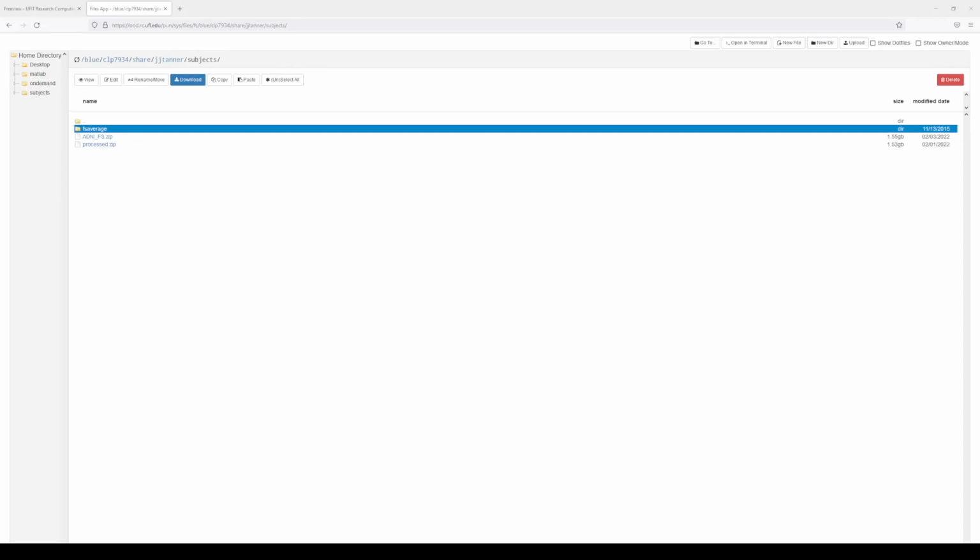I'm going to provide an overview of troubleshooting FreeSurfer output. This would be part of the quality control. And for this, I am already on HiPerGator. And I have this file called